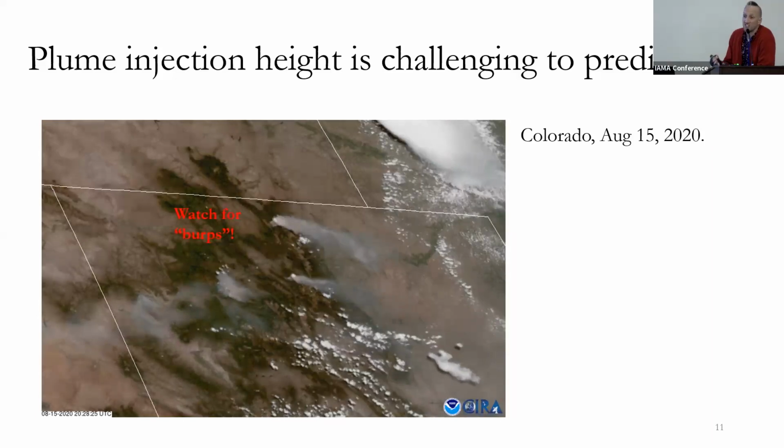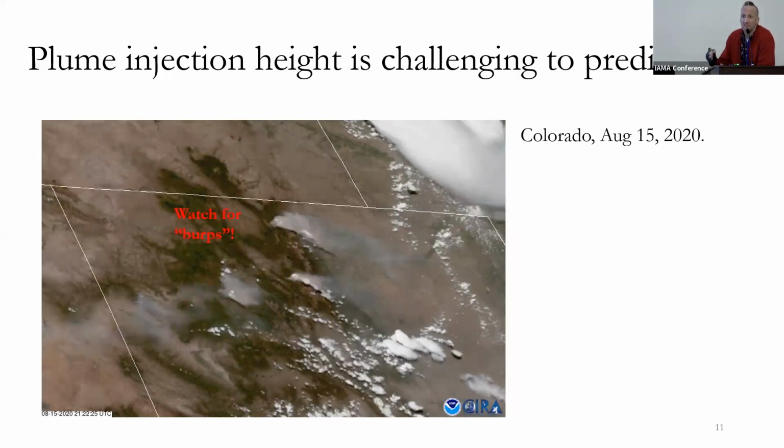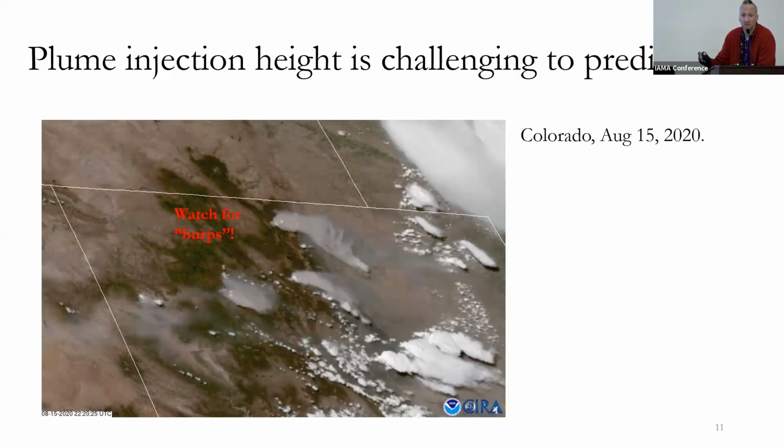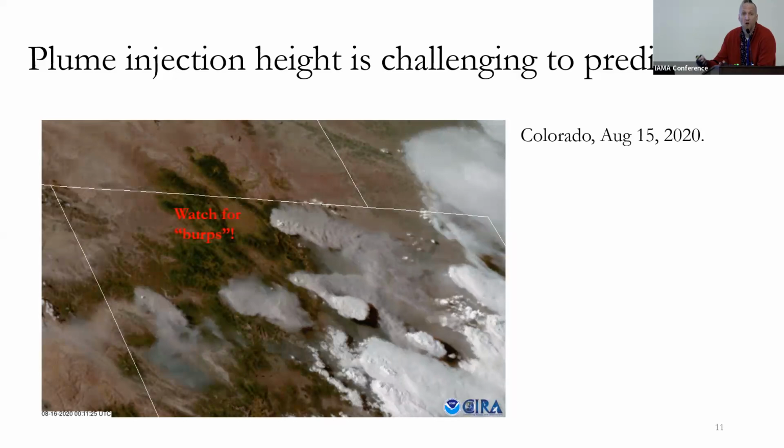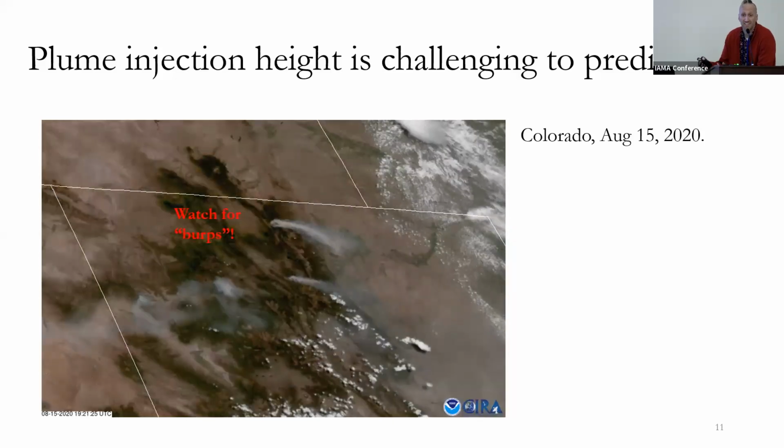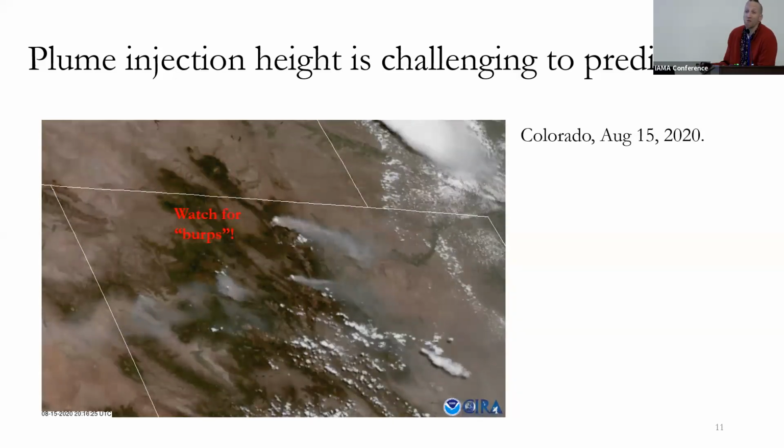So within each day, each fire is having some of the time where smoke's getting at the surface, some of the time it's going into the lower free troposphere, some of the time it's going into the upper free troposphere. Holy crap. How are we going to get this into our models properly? And how much does it matter?